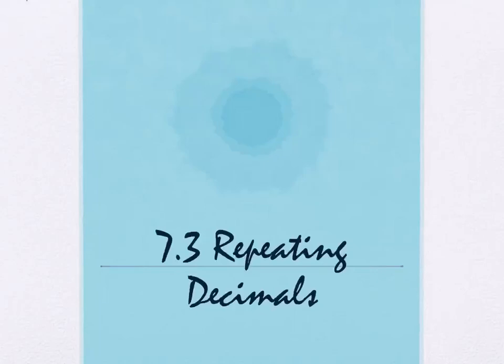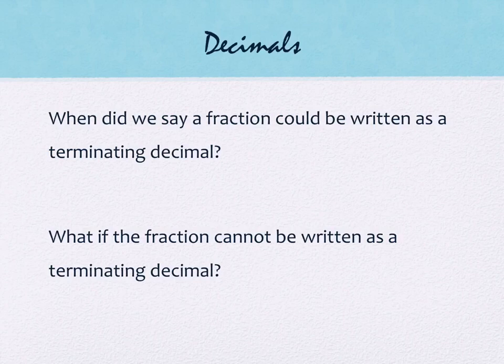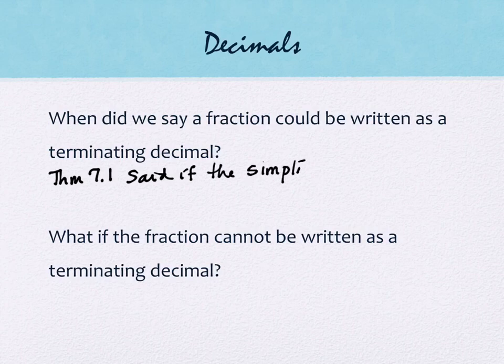All right, today we're going to take a look at non-terminating decimals, specifically at repeating decimals. So do you remember when we said that a fraction could be written as a terminating decimal? In the denominator, yeah. So we said something like, this was in Theorem 7.1. I'm going to add one word in here that we didn't mention, that it's the simplified fraction, right? We have to look at if there's an ability to reduce. The simplified fraction's denominator